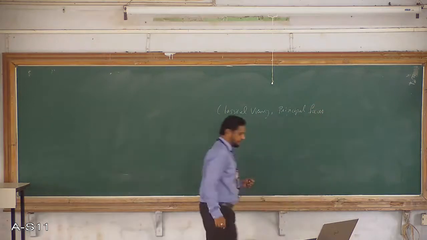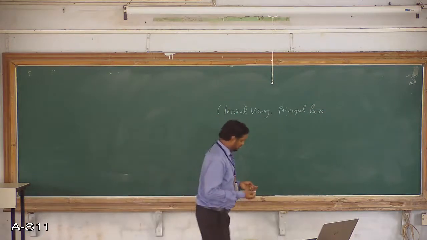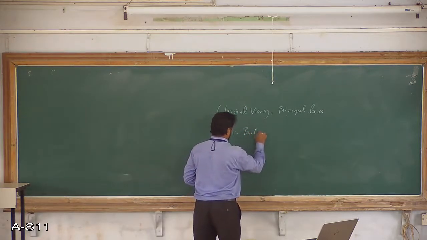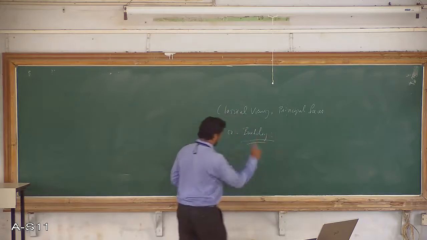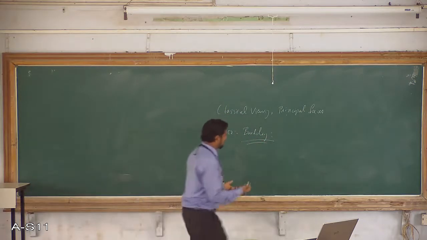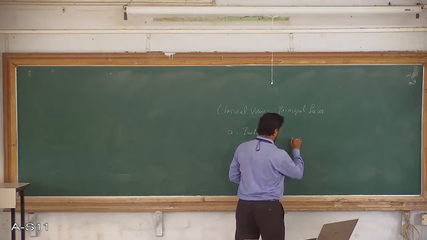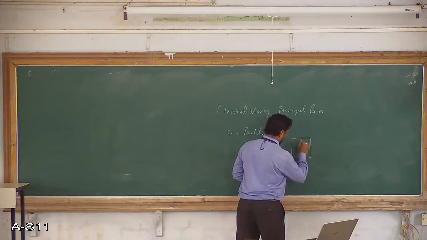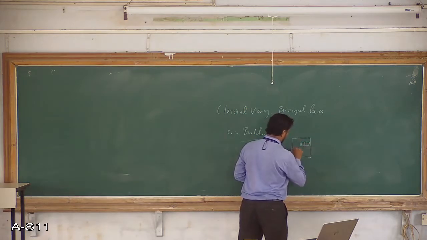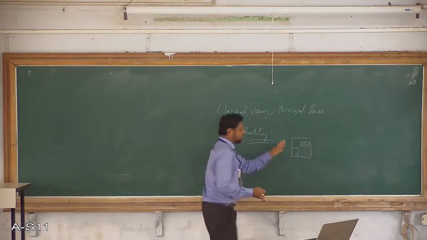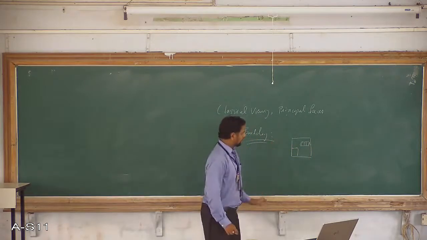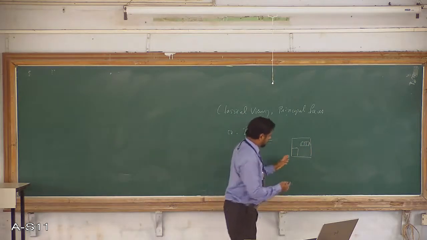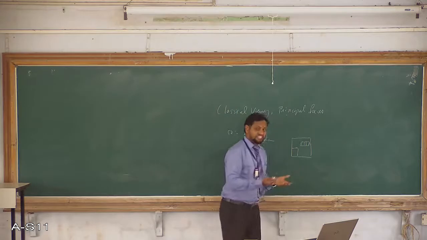Now if I consider a building, I'll take a building as one example. If I can draw some kind of building, this is what I can say is one building. Roughly I'm drawing. Here there is a window, this is a door. This is a building, this is one object. Now I can consider this object in different ways, or I can say this object has different faces.